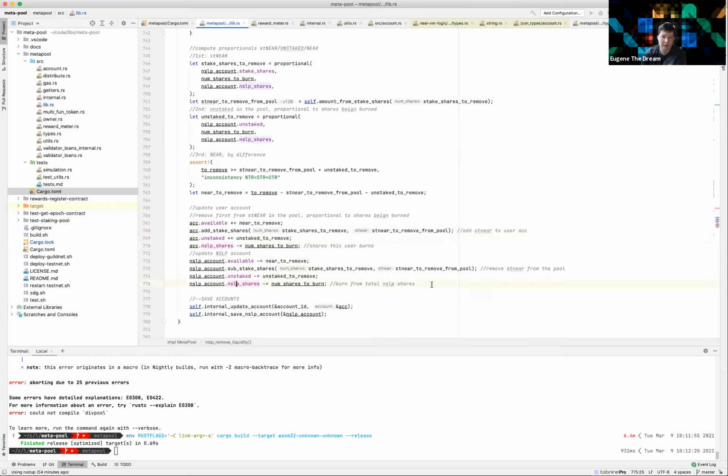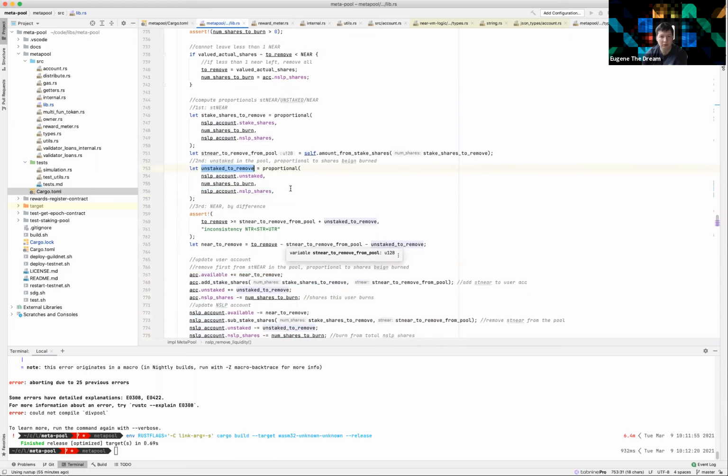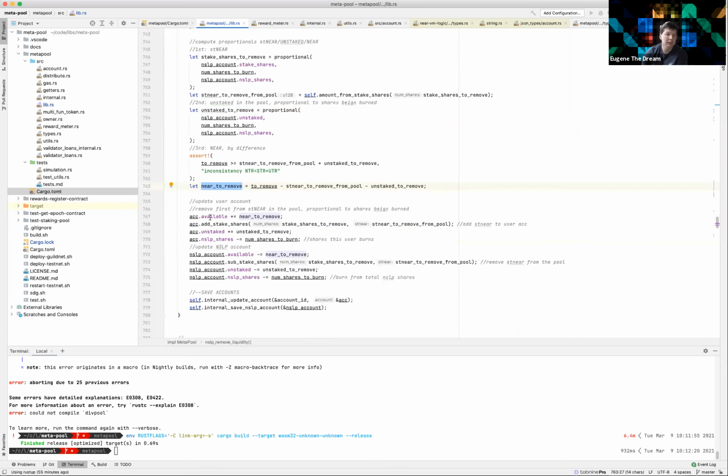But this implementation doesn't do this, so I'm not quite sure how all of this works, but maybe it works because we have NEAR to actually unstake. So we basically compute rounding error comes from NEAR to remove. All right, cool. So you get NEAR to remove